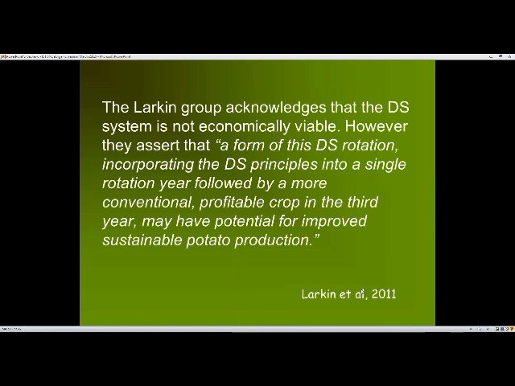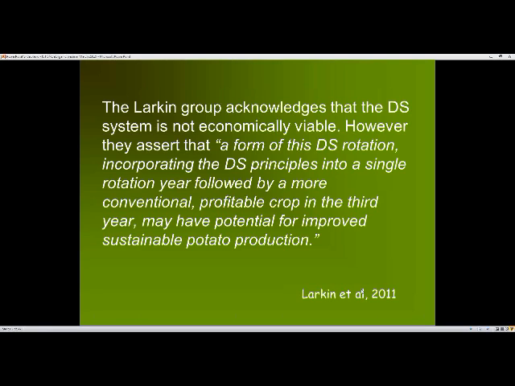So the Larkin group, in their 2011 paper, really want to make sure that you understand that they know that this disease suppressive system is not really economically viable. However, they argue, similar to the argument that was made by Davis and the Idaho group, that you could take the principles and the data that they use to design their more conceptual system to design an economically viable system. And that would be the next step in this more than decade-long